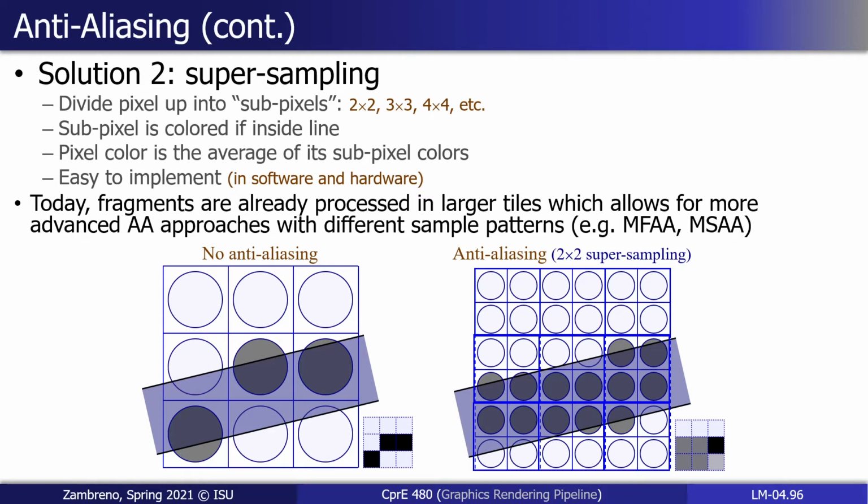Even if your final display resolution is going to be 1920 by 1080, as you're doing the rasterization for those fragments, and modern GPUs look at them as clusters of fragments at a time anyway, you instead consider that pixel, that individual 1 over 1920 by 1 over 1080 region in our sampling space, as actually being composed of multiple subpixels. Either a 2 by 2 grid or 3 by 3 grid, some sort of square grid of